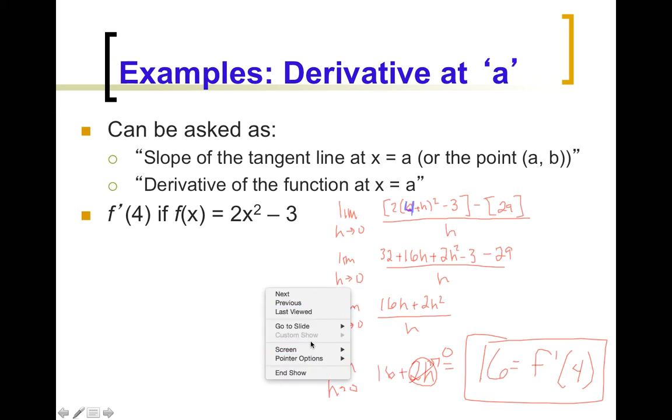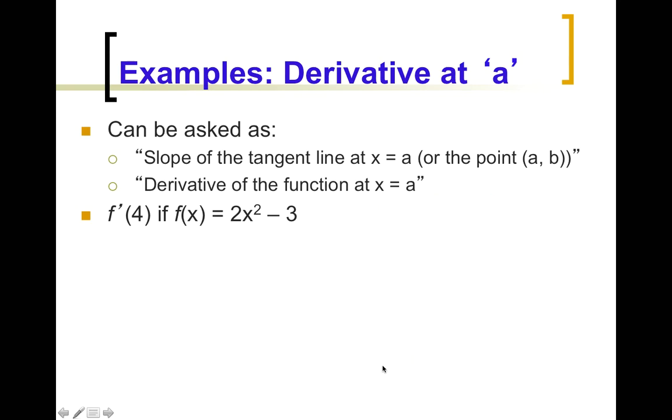I think I have one more example here. I do. So same idea. Notice I'm going to give you guys a lot of quadratics, a lot of radicals, and a lot of rational functions. So we're starting here with just quadratics. So I need to do the same thing. I need to say, okay, it's the limit as h approaches 0